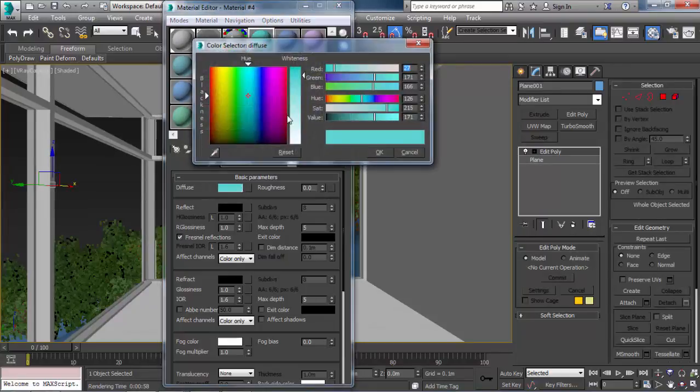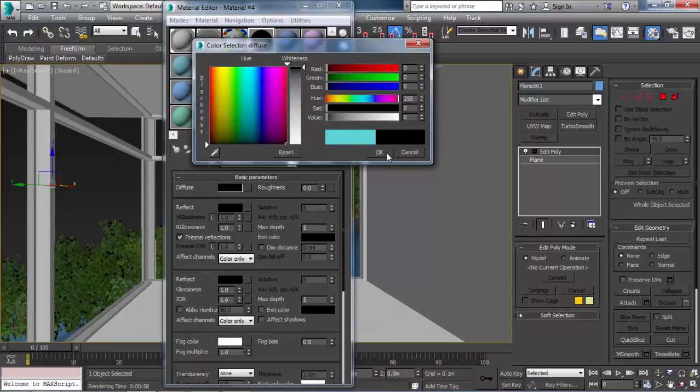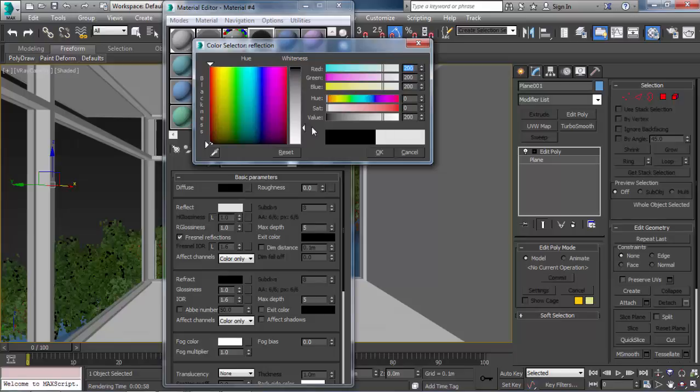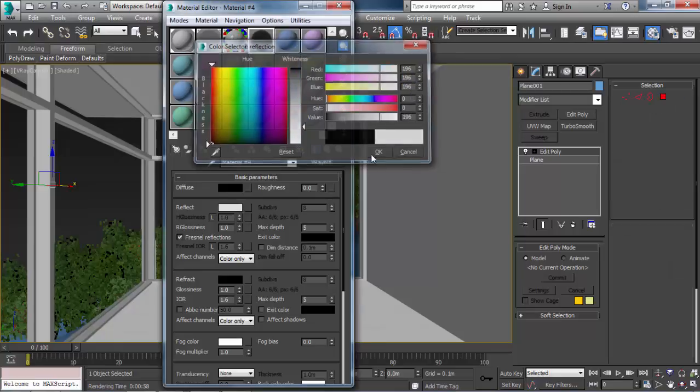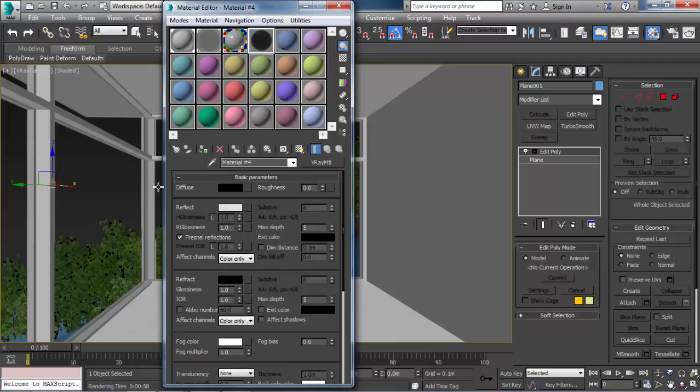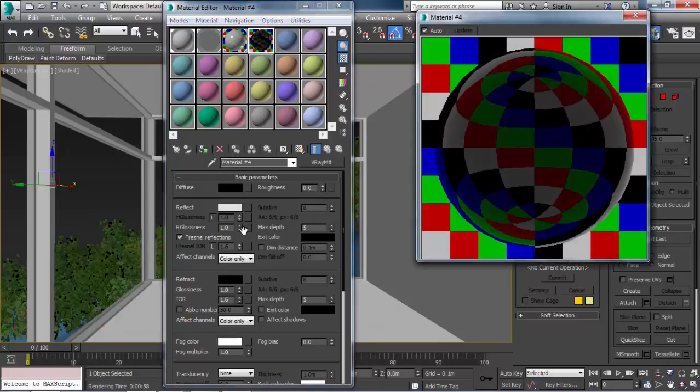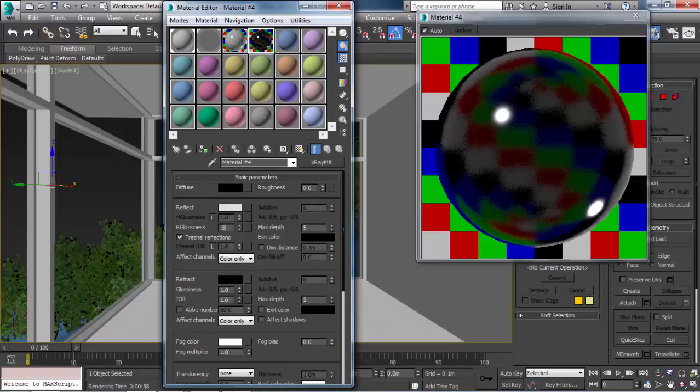I'll use just a diffuse black color, a reflection, almost, yeah, something like this. Okay, and the reflection glossiness, let's add some glossiness to it. 0.85, 0.8.